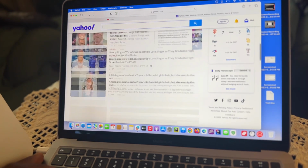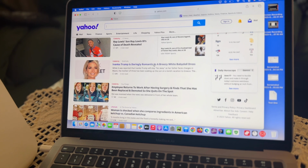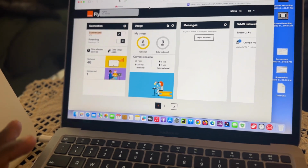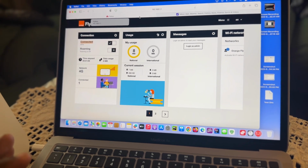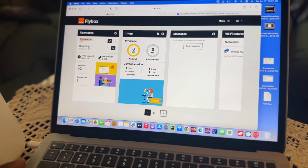Yahoo too is working. So that means this is how you operate in case you are having difficulty with your SIM not showing up, or you are having no SIM detected. As you can see here, everything is working